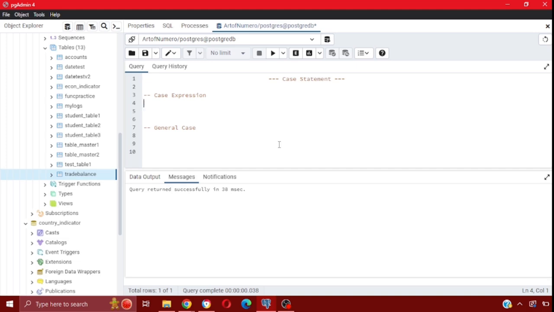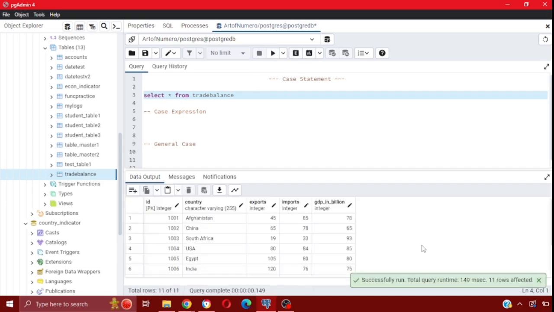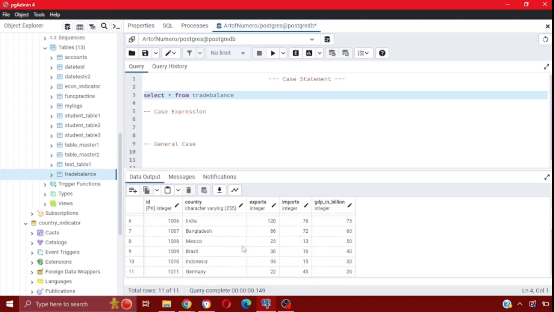Before I do anything else, I'm going to show you the table from which I'm going to be using the data for this demo, which is the trade balance table. It has 5 columns: ID, country, exports, imports, and GDP in billion, right? So this will be our demo table with all these fields that I just mentioned. Now we're going to perform a case statement from the case expression category,